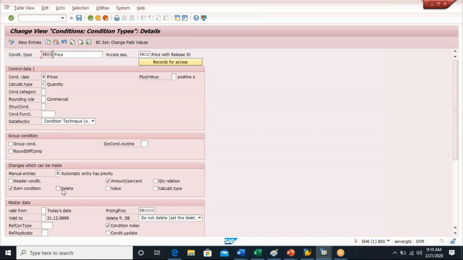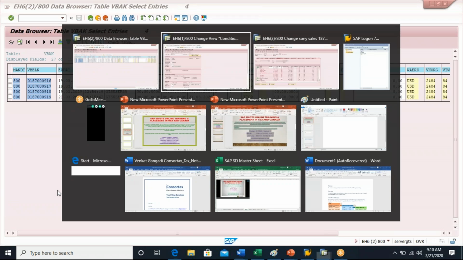And then what is this delete? This says whether you can delete or not. If you activate deletion, you can delete this condition. If you don't activate it, you cannot delete. For example,